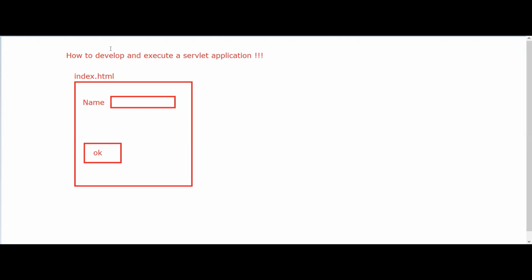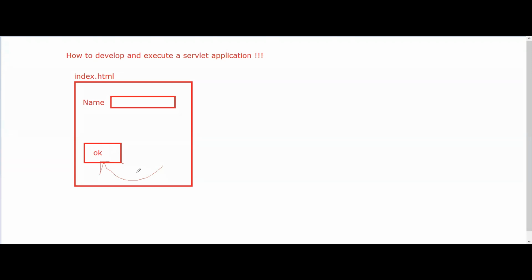Now whatever value any user gives here, suppose any user gives his or her name, then after giving the name value, the user will click the OK button. So remember, when the user clicks on a button, an action will be generated.